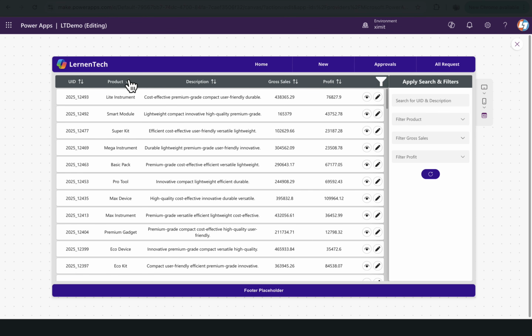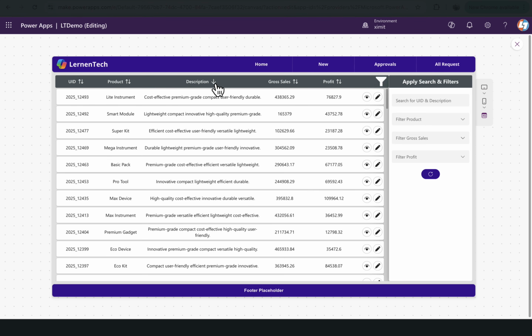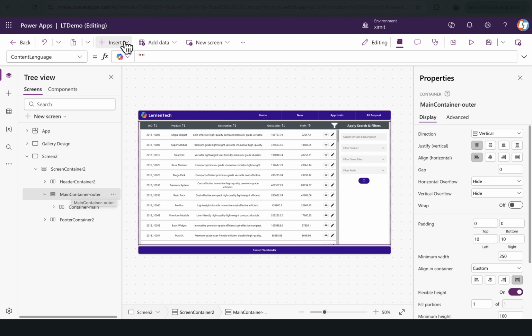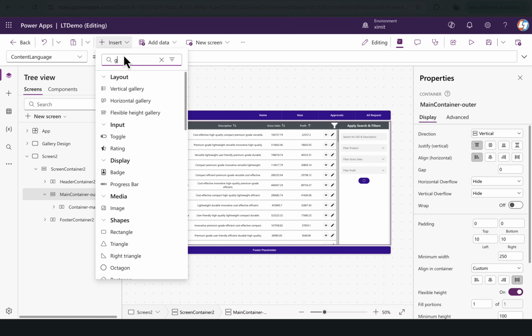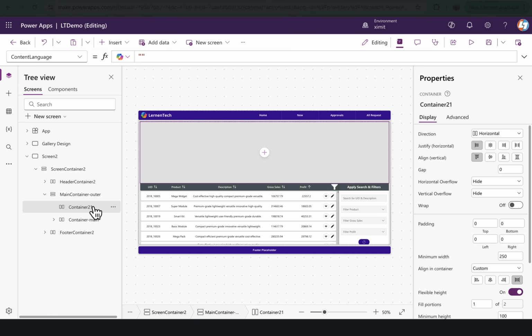If I go here, the UID comes back to default stage. Now it is descending, ascending. It will work perfectly fine. Now one more thing we have to do: when I apply filters, there should be an active filters section. So now we can put a horizontal container again. This should be on top, and it will be container active filters,